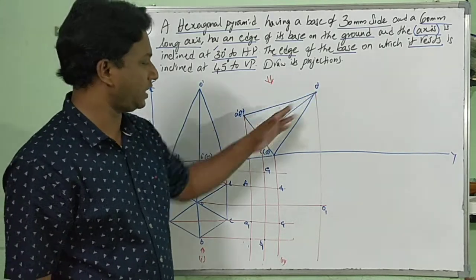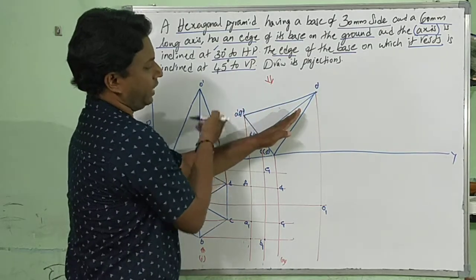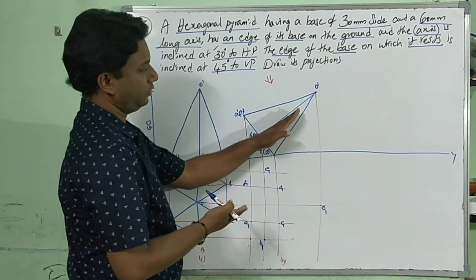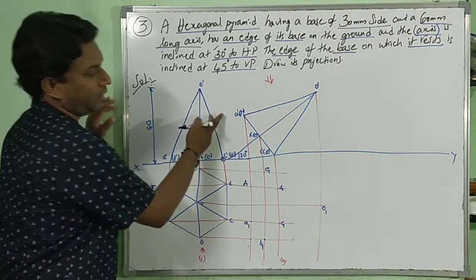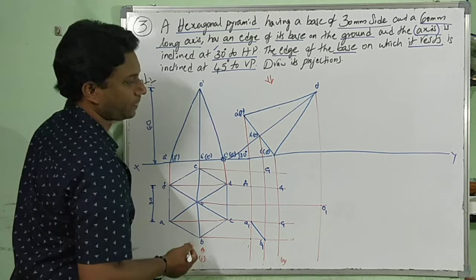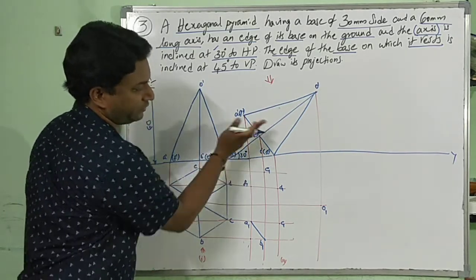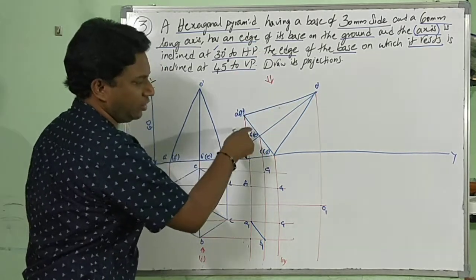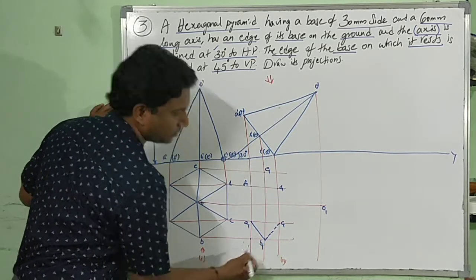Now, what is the middle line here? B dash, O dash. With respect to this line, whatever edges are above are all thick, clearly visible. With respect to the half line above, A dash B dash reflects A1 B1, a thick line. B dash C dash, with respect to the half line, is below when I am looking from the top. So here B1 C1 is hidden.